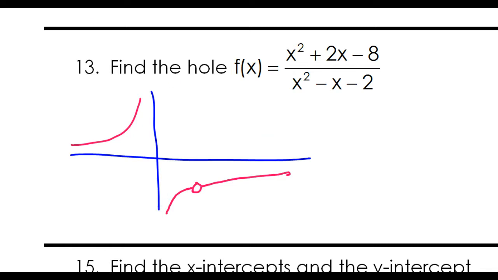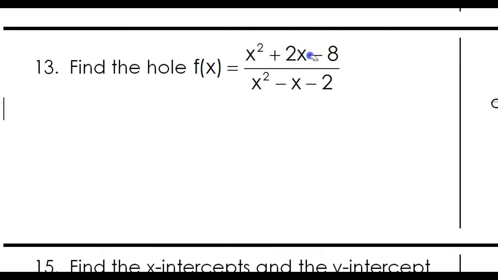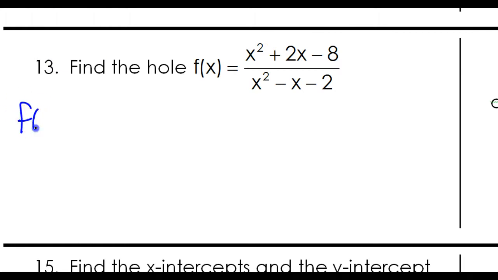Now, apparently this has a hole, and we're trying to find what it is. Well, a hole happens when you have a factor that's the same in the numerator and the denominator, and it cancels out. So your first step is to factor the numerator and the denominator and see what you've got. So let's factor this,